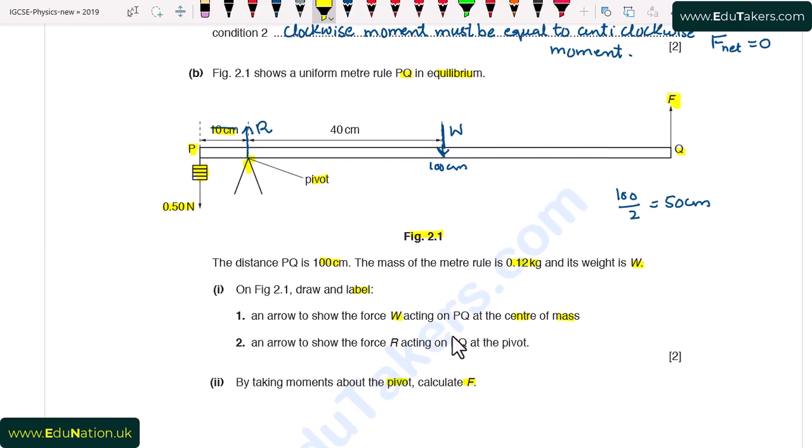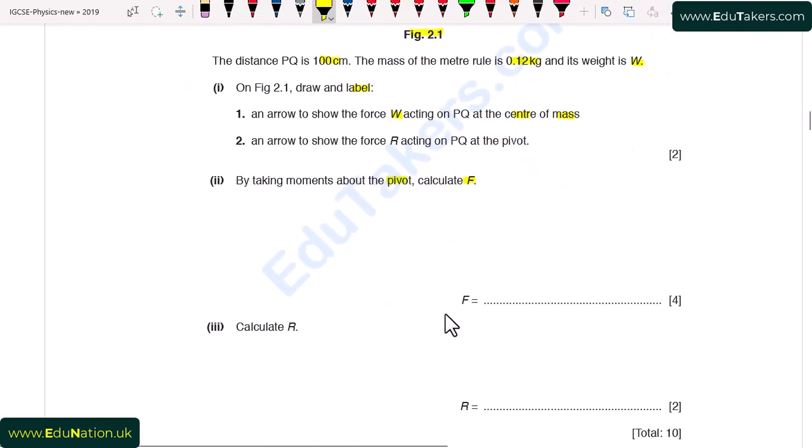So by using that the clockwise moment must be equal to the anti-clockwise moment, I write here net clockwise moment will be equal to